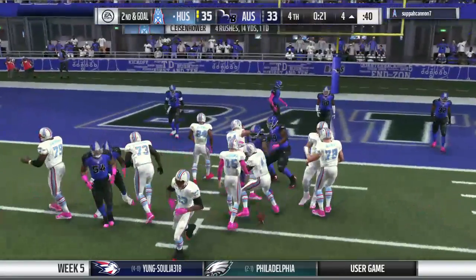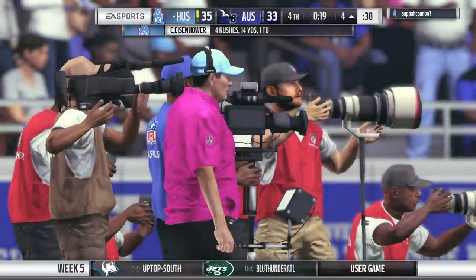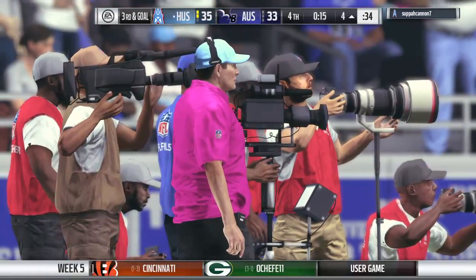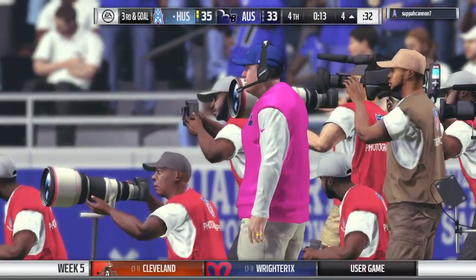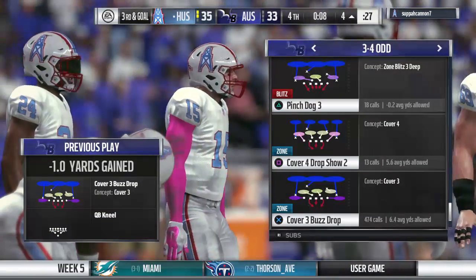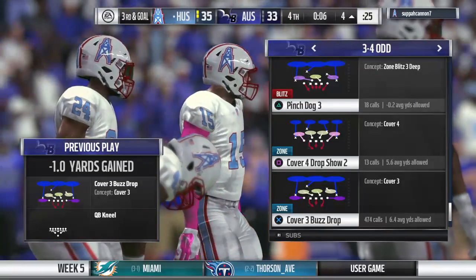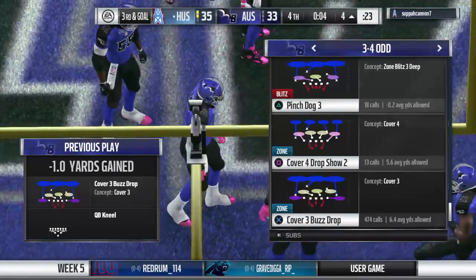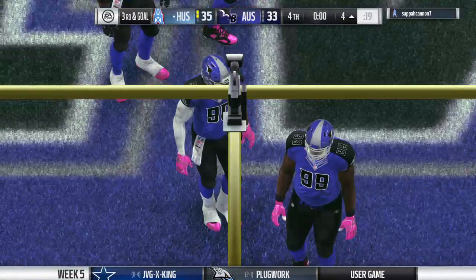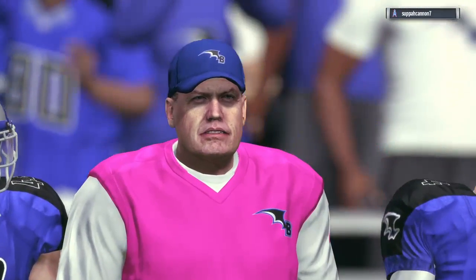Victory very much in sight now as they'll take a knee. Well, I know at points in this when you wanted to